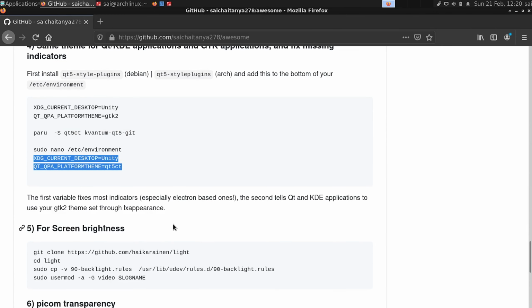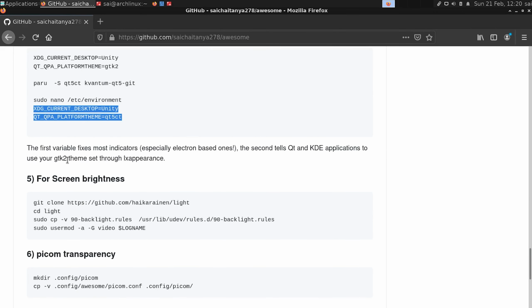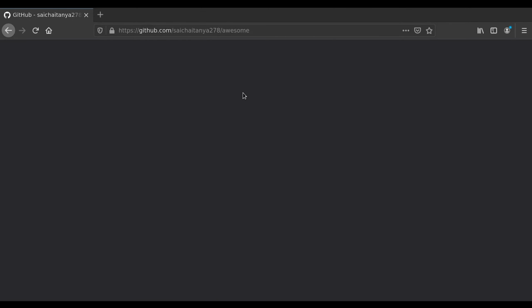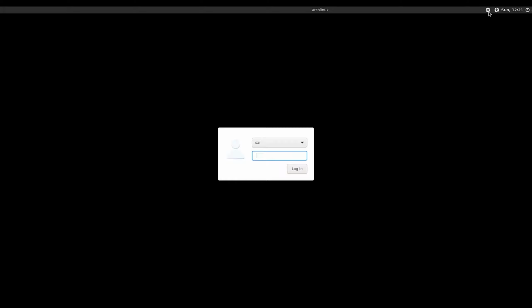After that, for all this I'm going to log out and log in back into Awesome Window Manager. You need to change the session here to Awesome.